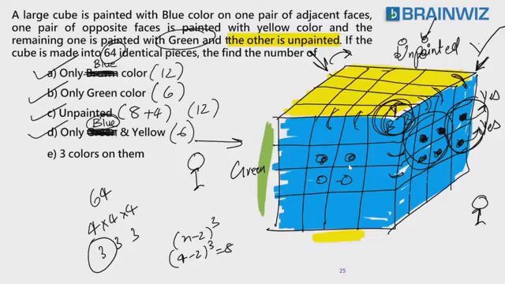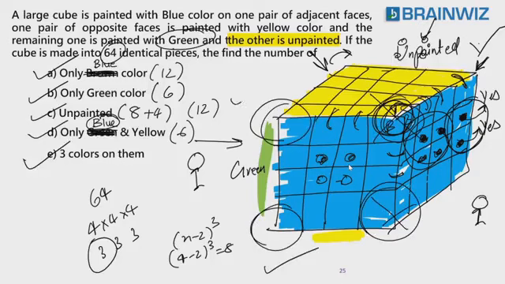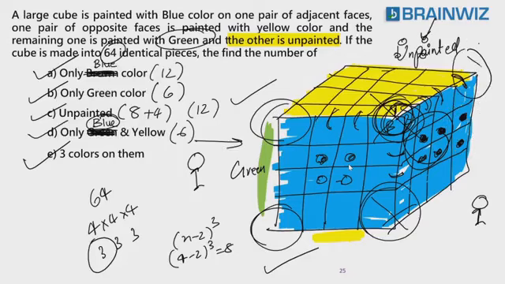Okay. Now last question. 3 colors. Is this 3 colors? No. Is this 3 colors? No. Is this 3 colors? Yes. Is this 3 colors? Yes. Shall I see backside? No. I should not see backside. Sir, tell me why I should not see backside. Because backside no color. That's it. So answer is what? Simply 2. Answer is simply 2.